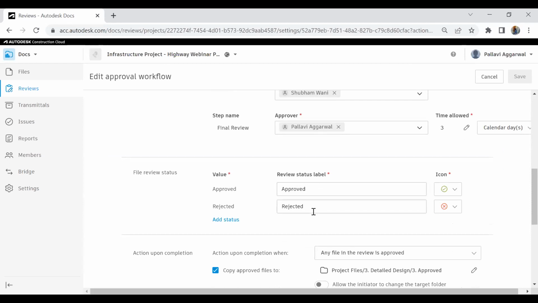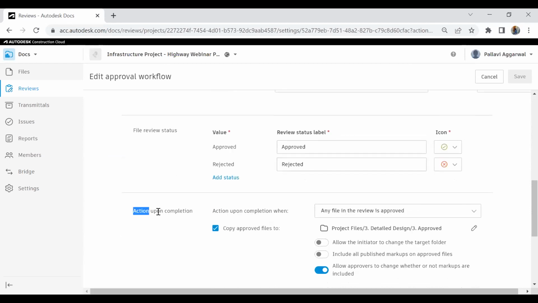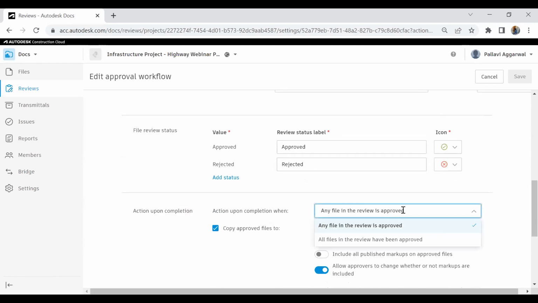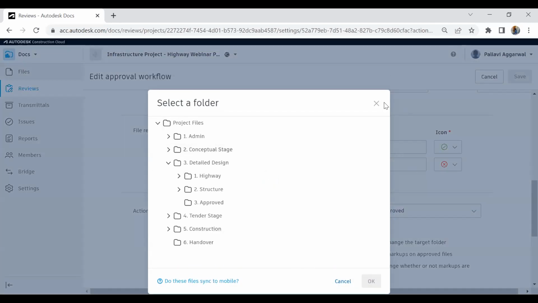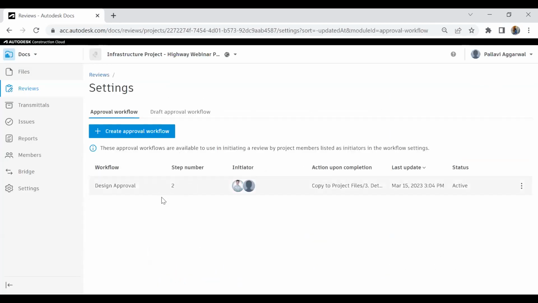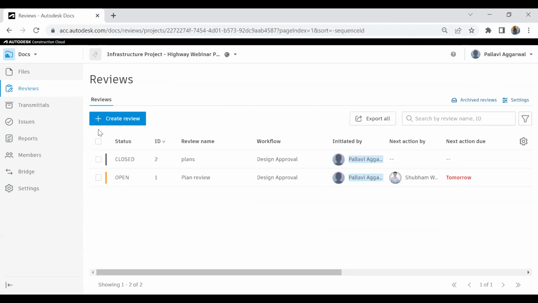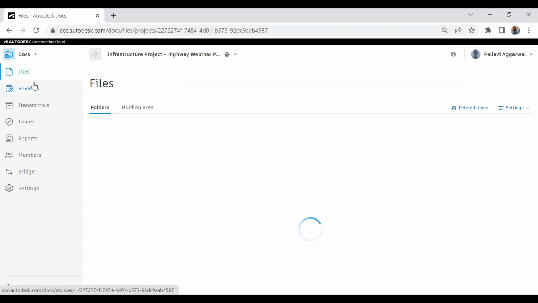And these are the statuses: approved or rejected. After that, when the file is approved, it says action upon completion: the file will get stored automatically to a dedicated folder structure that you wanted to have access to. Correct? Now, when I close this, these are review processes that we are creating or configuring. After that, these are the reviews that have started. Now, if I go back to one of my files,